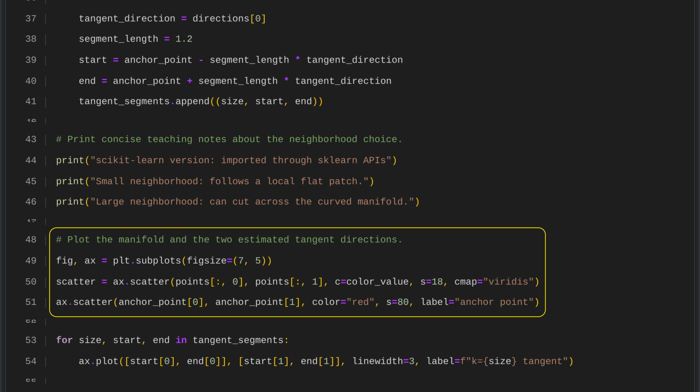Create a plotting canvas, then draw the manifold points as a scatter plot using their first two coordinate columns. Color the points with a smooth gradient based on the color values and use a consistent point size. Finally, plot the anchor point separately in red with a larger marker, and label it so it can be identified